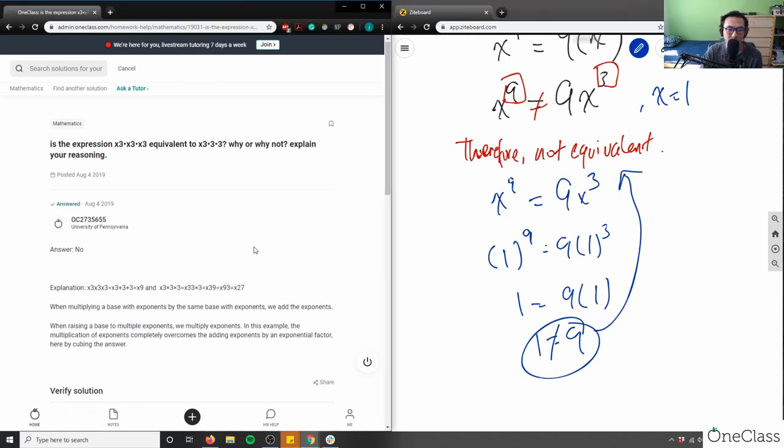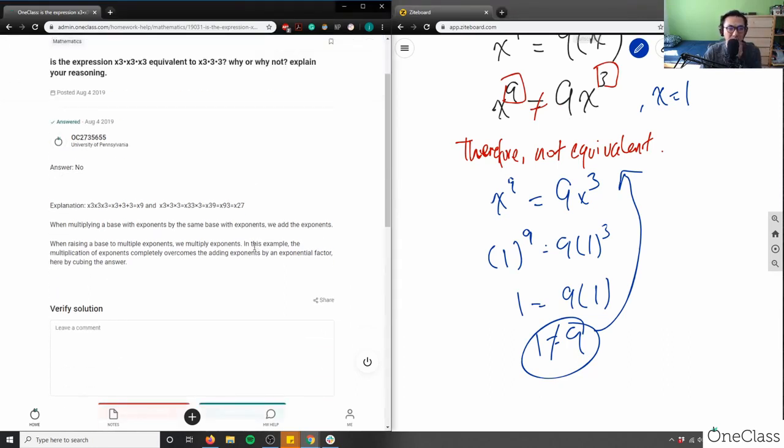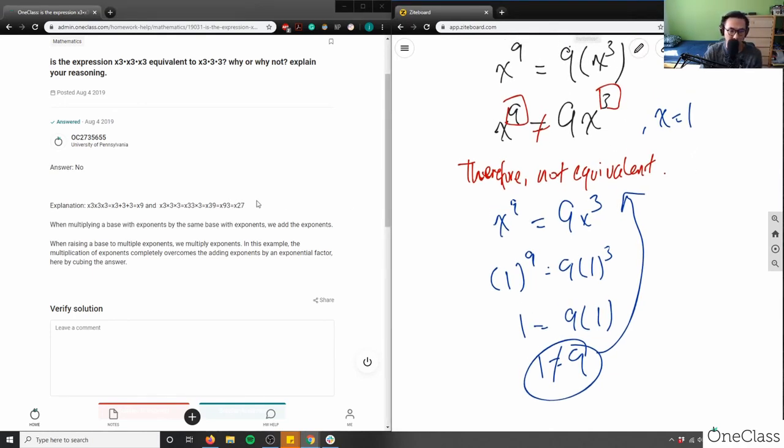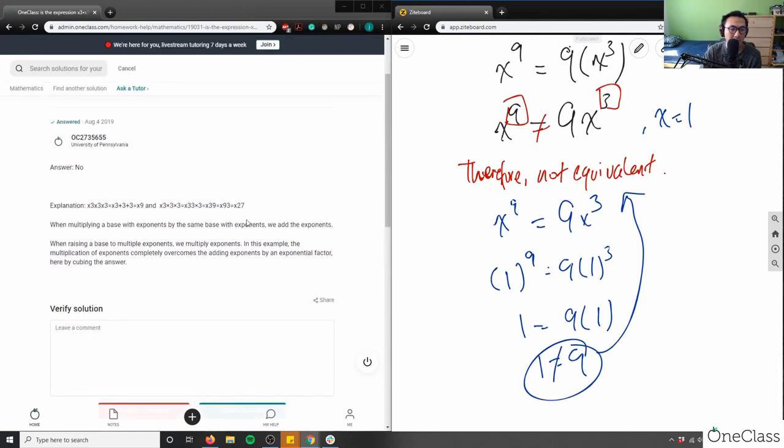But I'm looking at this solution here, and I'm actually very curious because it says this is correct here, the left side, but the right side looks very odd. How'd you get x to the power of 27? That makes no sense here. I have 9x cubed in this case. So